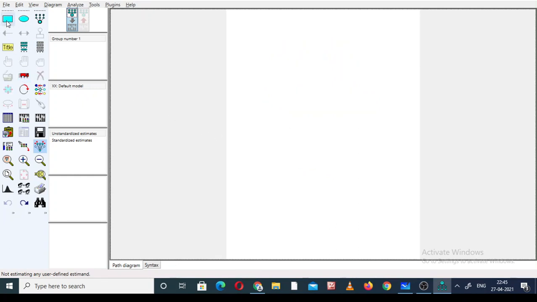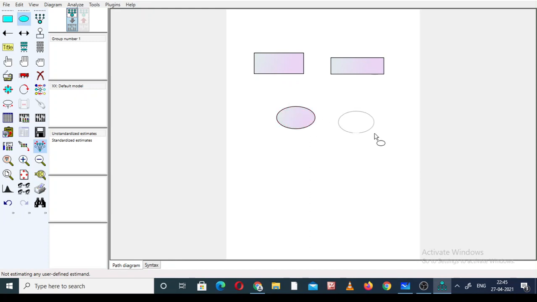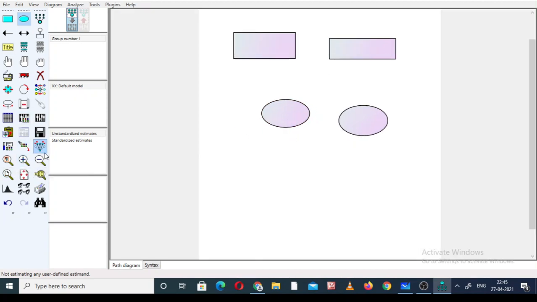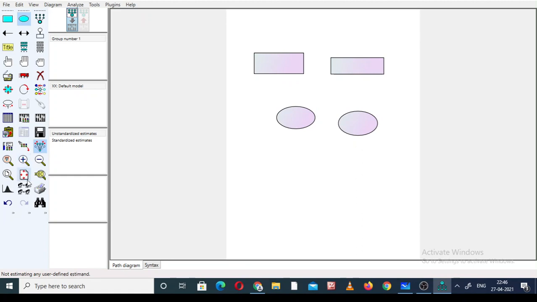The next is A1 and B1. See this one. This is A1, this is B1. So right now we are discussing up to A8. They are drawing-related things, and they are statistics-related points. So they are very basic points on how to use all this. This is for maximize and this is for minimize. This is for printout, this is for find, and this is for multiple group analysis. So we have almost discussed all. Analysis properties will be there, and this is for selecting the data file.